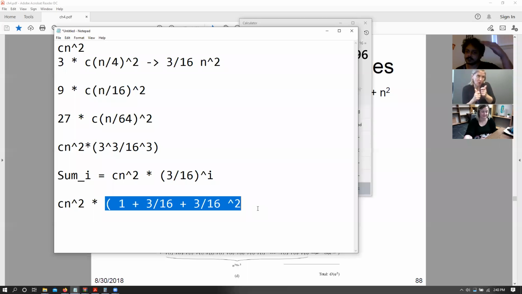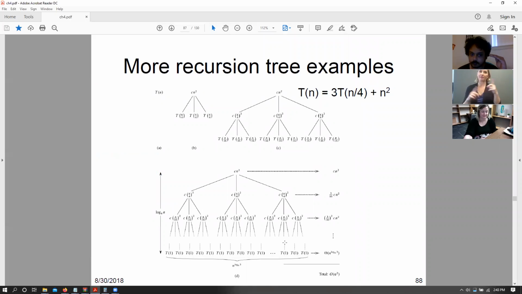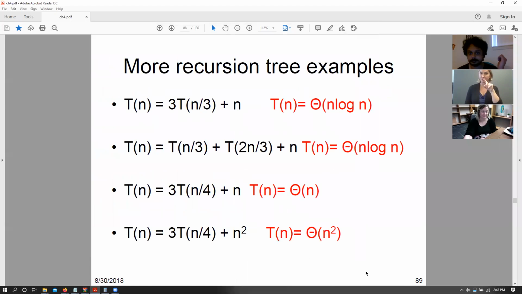Exactly. So it is going to be some fixed point close to 2 or 3 or whatever. So we can also brush that in under the carpet for C. So essentially this becomes some constant, let's call it capital C, times n squared. So that is why we have this time complexity. Although we have a height of log base 4 of n, we have the time complexity of n squared. Make sense? Okay. So we just looked at the time complexity for 3T n by 4. We said that that is going to be theta n squared.